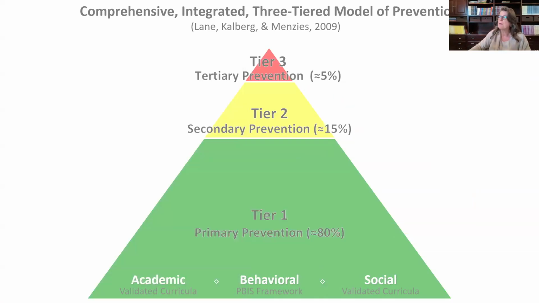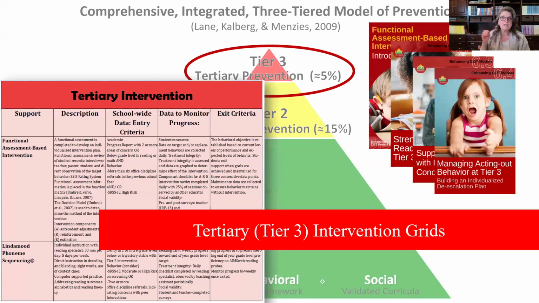this becomes much less complicated in the sense that people will come to you with data to say, here's what it's looking like in my class at tier one. Here is what I've tried at tier two. And here are the data to suggest that even when I did this intervention, self-monitoring, behavior contracts, direct behavior ratings, social skills intervention, that even with all that in place, it may not have yet been sufficient.